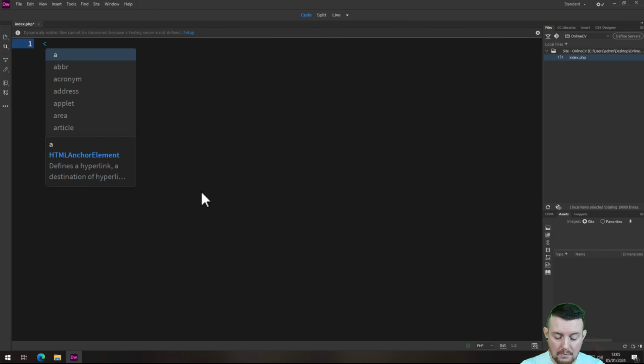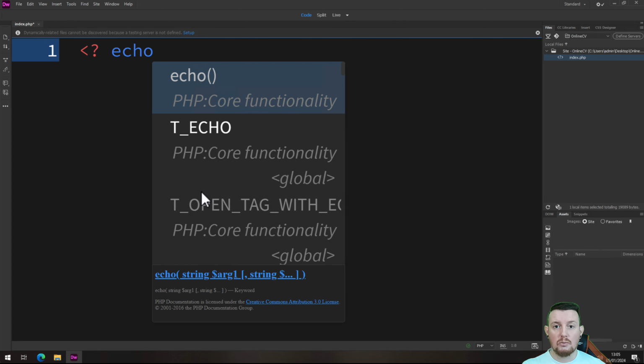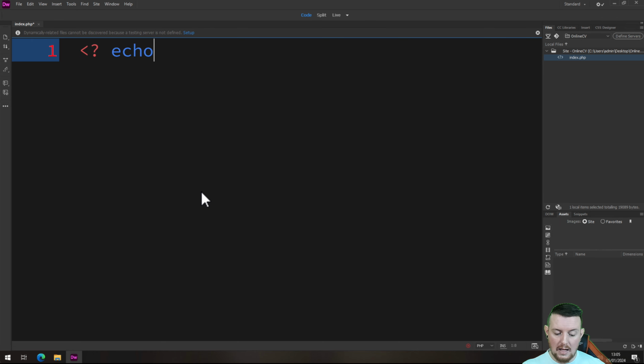So for example, PHP always starts with an open tag, which is a question mark tag that looks like this. I'll zoom in a little bit. I'll keep it zoomed in as much as I can do. There are going to be some elements where I need to zoom out. While I've got that in place, I can echo, which means to print to my screen. And I am going to simply echo, let's put that in a bracket, and I'm going to say, hello world. Very traditional programmer